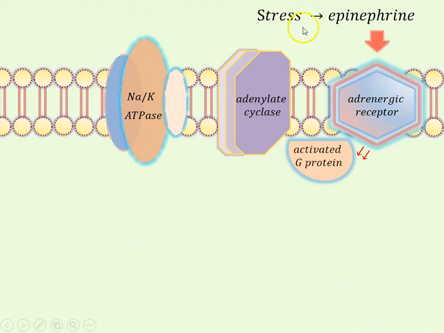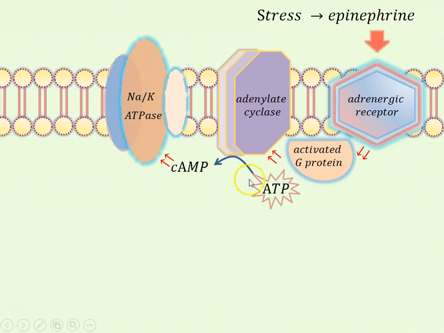So stress, any sort of stress on the body results in adrenaline and noradrenaline release. And what that does is it stimulates the adrenergic receptor, which then acts through an activated G protein to stimulate adenylate cyclase here. And adenylate cyclase consumes ATP, so this is biochemical work, right? The ATP is then turned into cyclic AMP, and the cyclic AMP acts as a second messenger to stimulate the